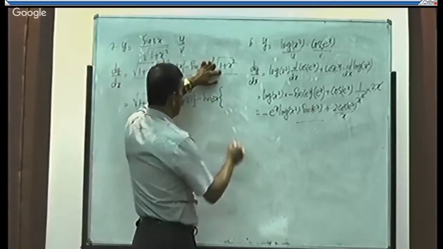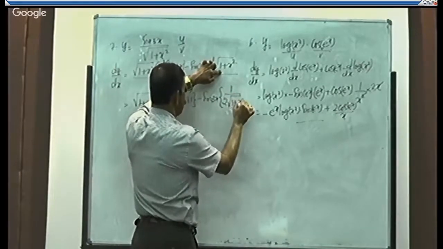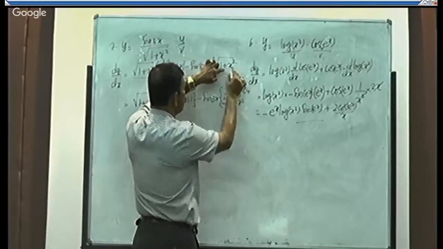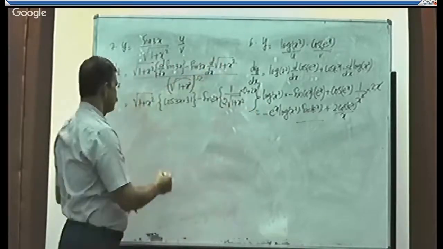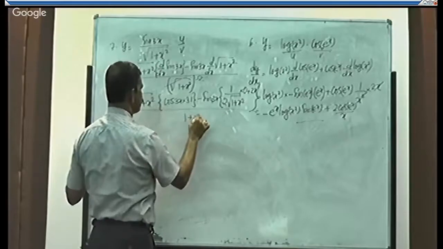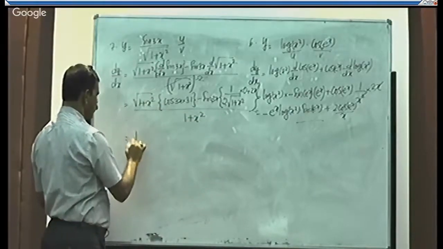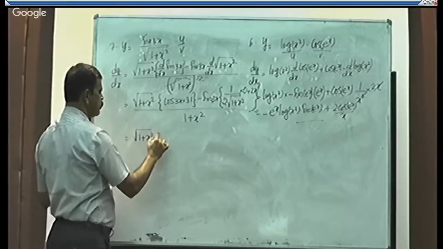Root function: it is 1 by 2 root of function into differentiation of function. Differentiation of 1 is what? 0, plus differentiation of x square is what? 2x. So it is all divided by 1 plus x square, or root of 1 plus x square into 3